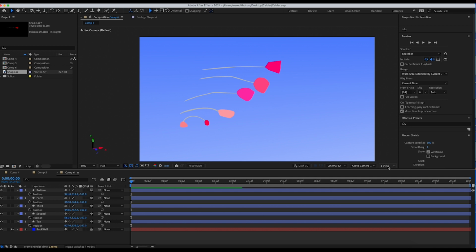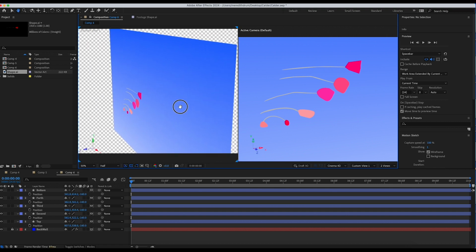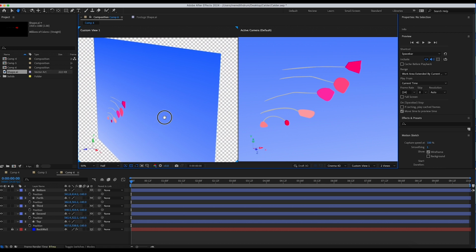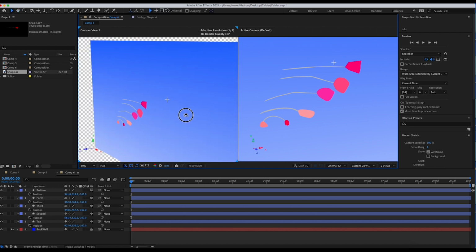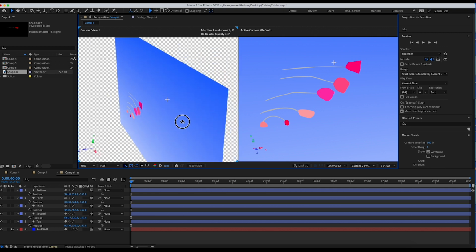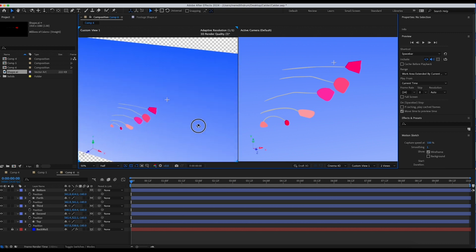Actually, you know what? Let's go ahead and change our view. So right here, I'm going to left mouse click and choose 2 views. And now I can see that if I move around, remember you can use your mouse to kind of dolly back and forth. And if you press Alt left mouse, you can kind of rotate around. You can kind of see now that they are in front of that back wall.